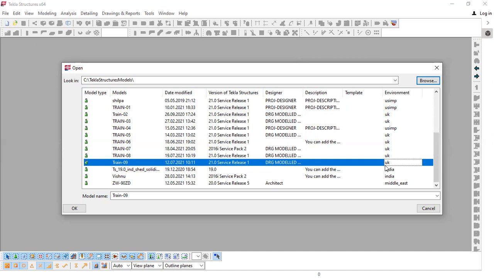Actually, you have to be very alert on these displays. Whenever you are seeing your models, you have to always check the environment and the model type. In the model type column, you can see a sketch of a person. One person means single user.